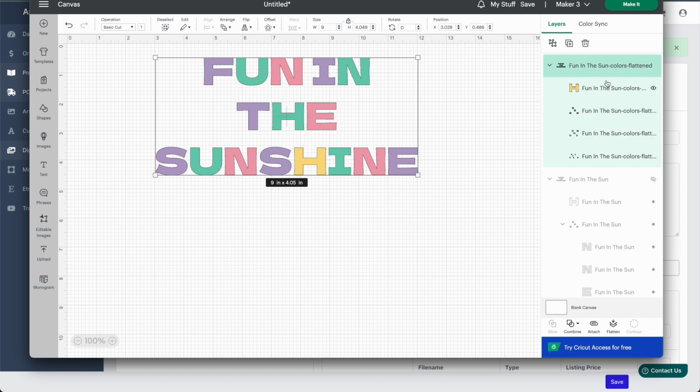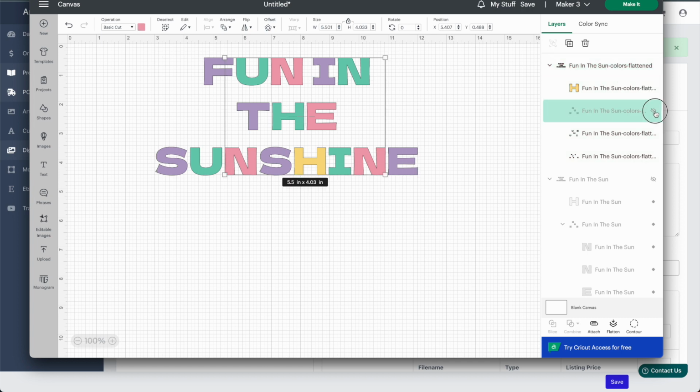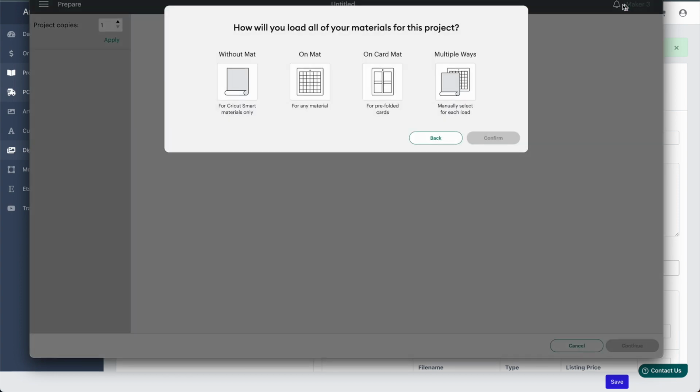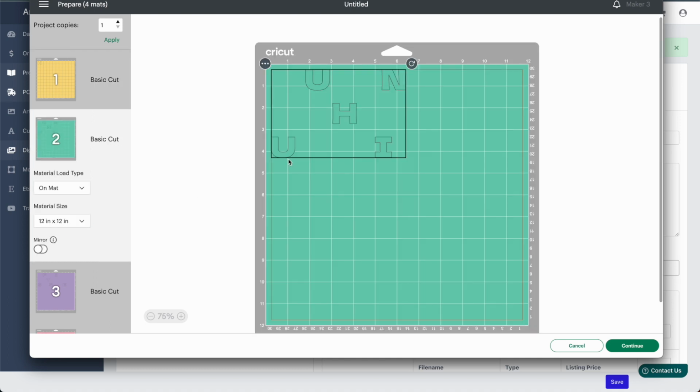You can see that each color is its own individual layer. So this makes it a lot easier when they come over here and go to make it. It's going to leave the layout correctly for each color. So it's going to make it a lot easier for your customer to put this design together, especially if there's multiple different colors, but even if it's just a single color. This makes it a lot easier on your customers, and offering both files gives them a lot of flexibility